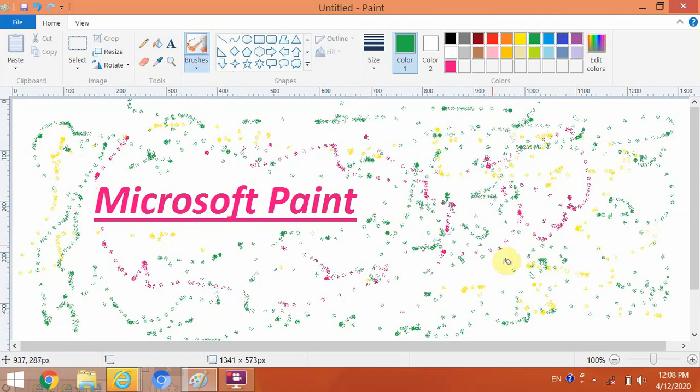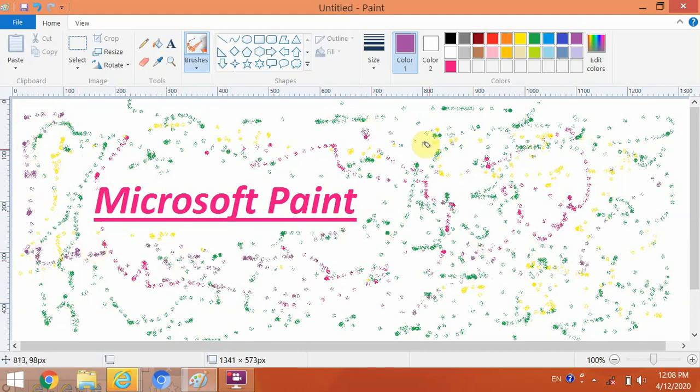Here you can choose any colors that you want to fill on a document.